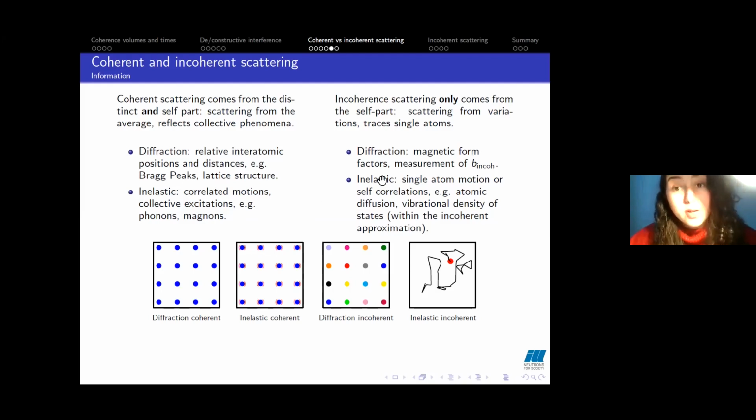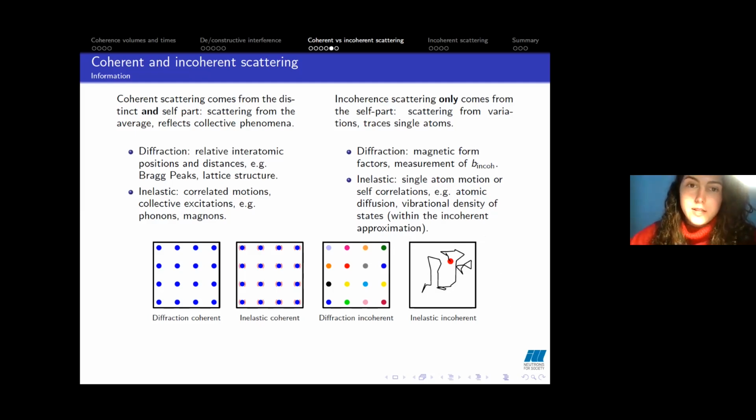Then the incoherent part, which again only comes from the self scattering part, again is a function of the variations of the scattering length. For the case of diffraction, I think it's more rare that you actually analyze this, but you still, I guess, can study different parameters like magnetic form factors and measurements of the incoherent length. And in the case of inelastic scattering, I think it's more common. You can actually trace single atoms and study the atomic diffusion and things like this, which is what is represented in this little